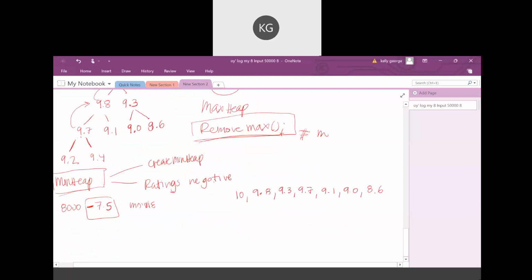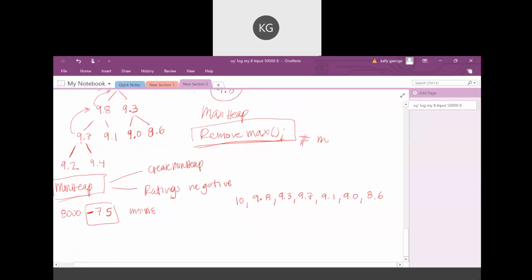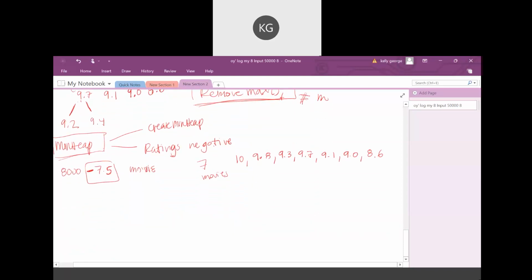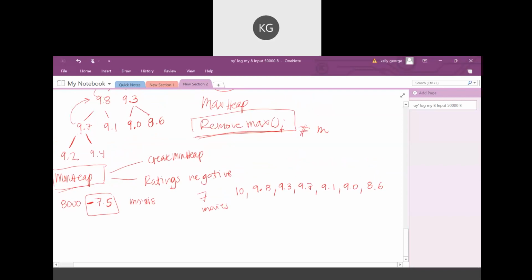So I'm just going to do the parts we had the first time. So let's say 1, 2, 3, 4, 5, 6, 7. So here we have 7 movies. Ratings. Let's say we want the top 7 rated movies. So if we make all of the ratings negative